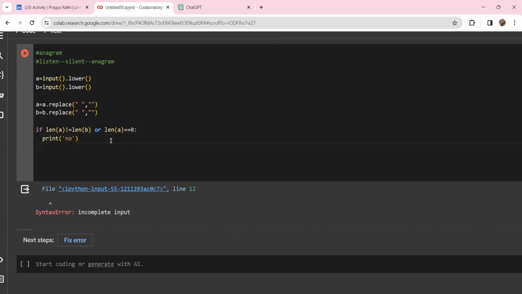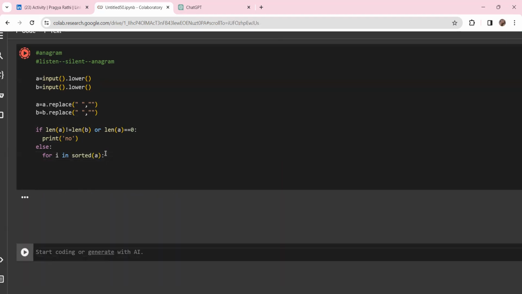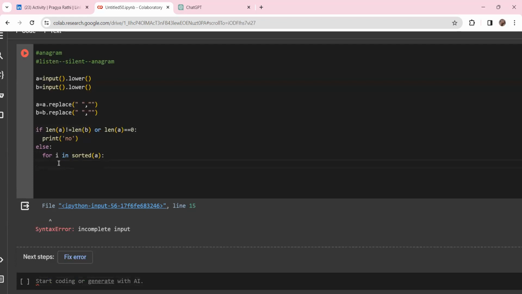Else, what I want is, if we sort them, then what will happen? Let me do it. Else, for I in sorted A,